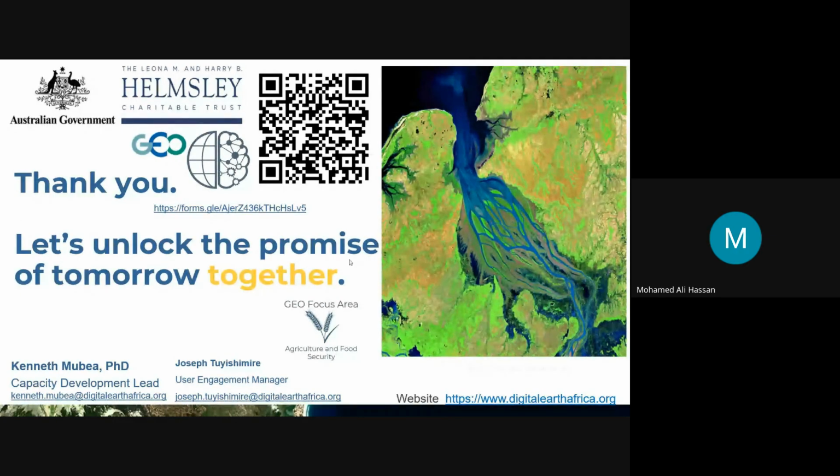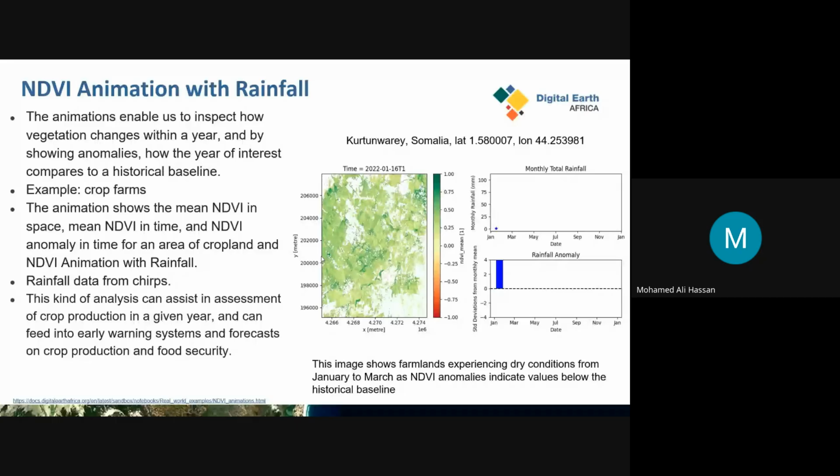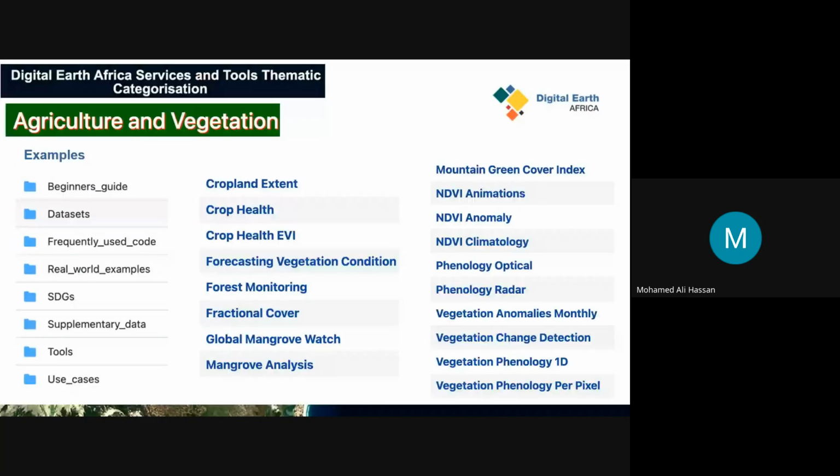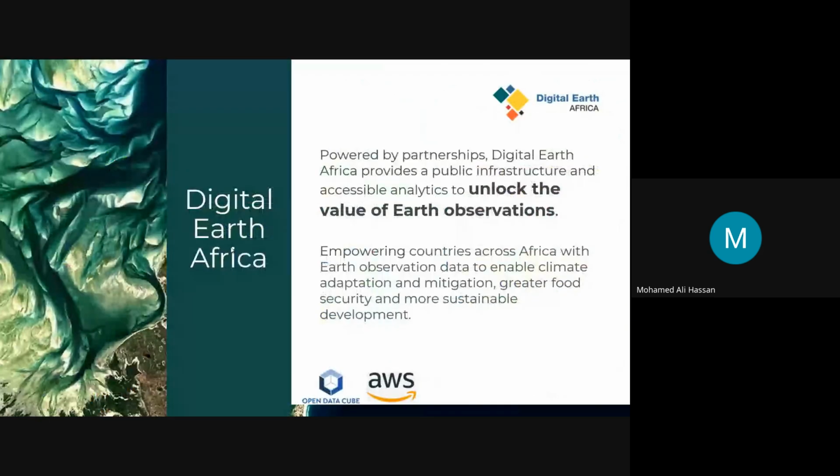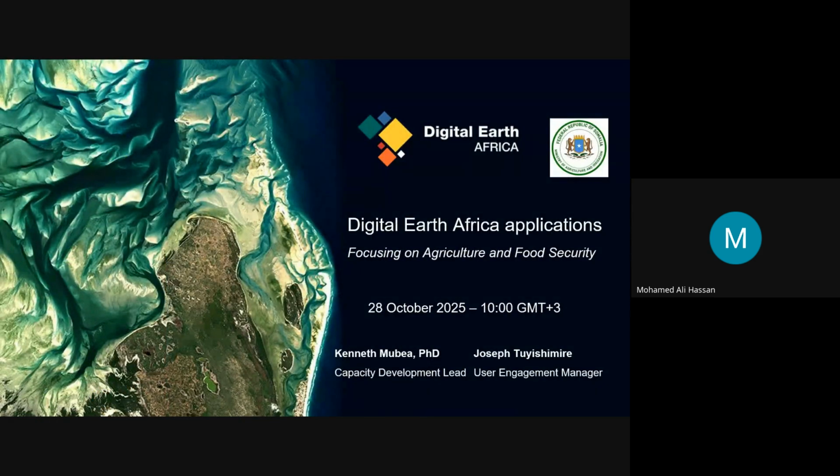Thank you very much for your good class. And I would like others to comment and ask questions to Joseph. If I start with my question: how can I get real-time data on your platforms? We have seen your data, but how can we get it in real time? For example, if I want last week's or maybe this week's data on my area of interest, how can I get this real-time data?